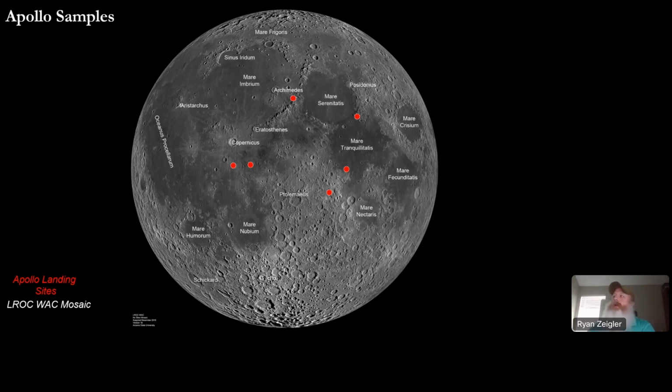You've got the Apollo 11 and the Apollo 12 sites that landed in the Mare. You've got the Apollo 16 site that landed in the true highlands, the Apollo 14 mission that landed in the highlands-esque Fra Mauro Formation, which is really a basin deposit, but it's not a mare. And then you have the Apollo 15 and 17 missions that landed up here at the junction between the Mare and Highlands. So you've got a pretty good representation of Mare and Highlands within the Apollo sample suite.